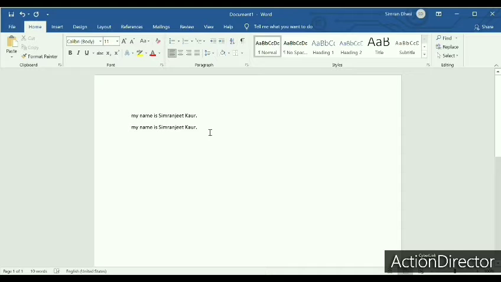So this is inserting text. Now removing text in a document is called deleting text. We can remove the text by simply pressing the backspace button like this,